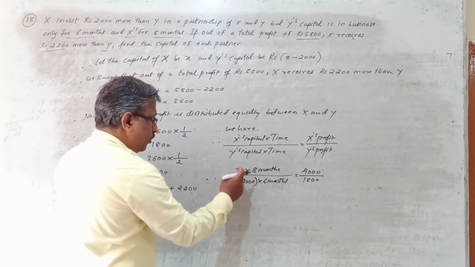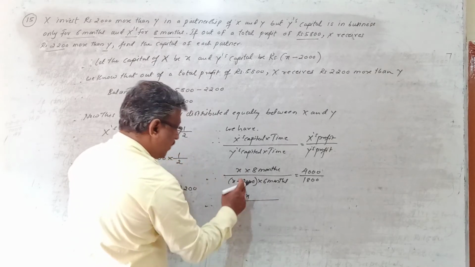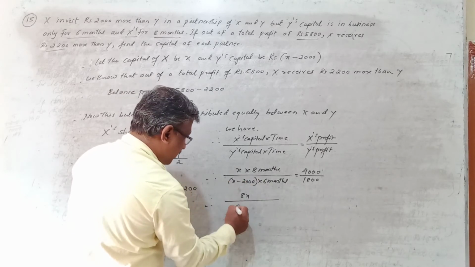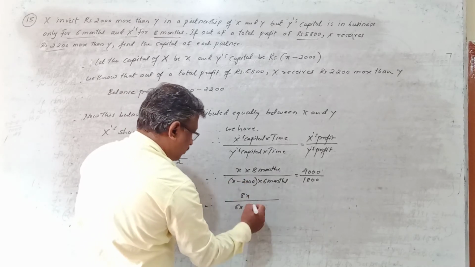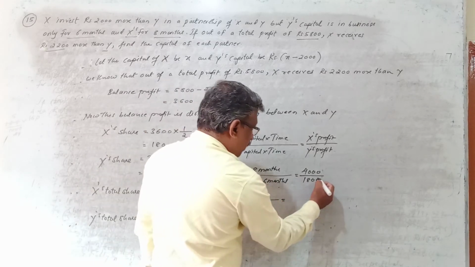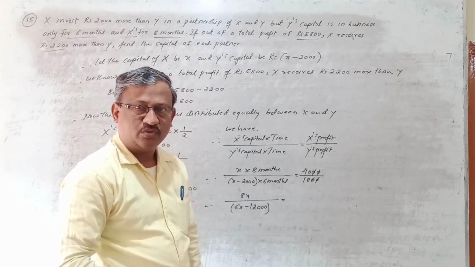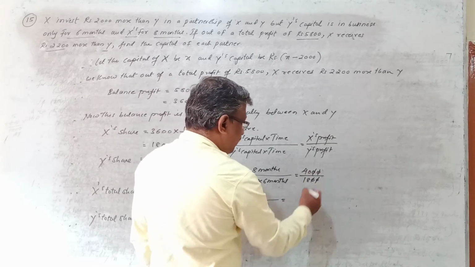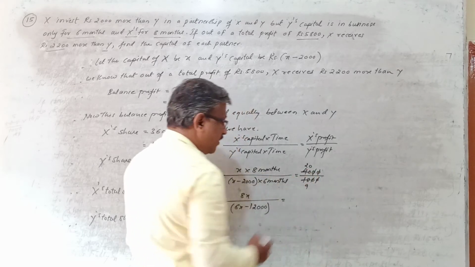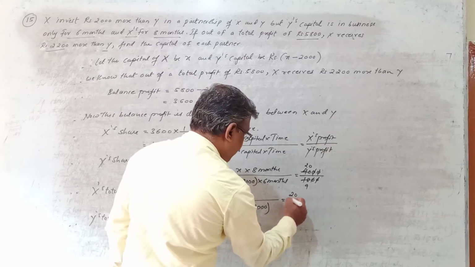So first, what do you do? You multiply this x by 8 months, you get 8x, divided by, multiply this also by 6 to both the values. So 6 into x is 6x minus 6 into 2000, you get 12,000. Put this into a bracket. This is equal to, to make the simplification easier, I will divide, because this is divisible. I will cancel 2 zeros. And further these numbers are divisible by 2, so 2 2s are 4 and 2 9s are 18. Further these numbers are not divisible, so the ratio remains as it is: 20 divided by this.